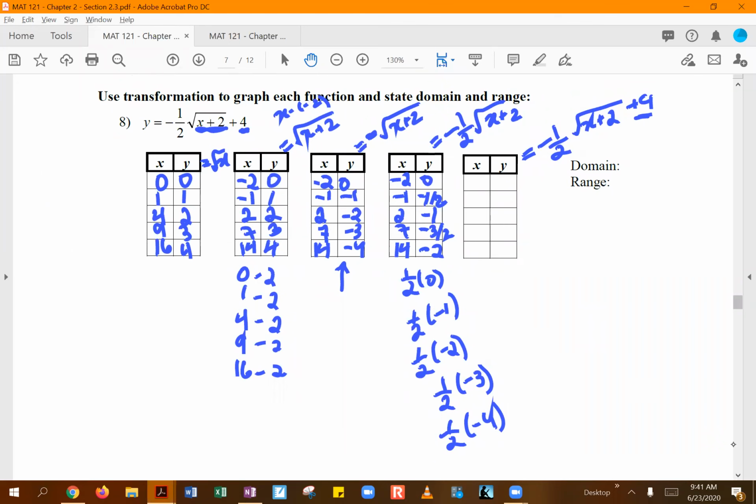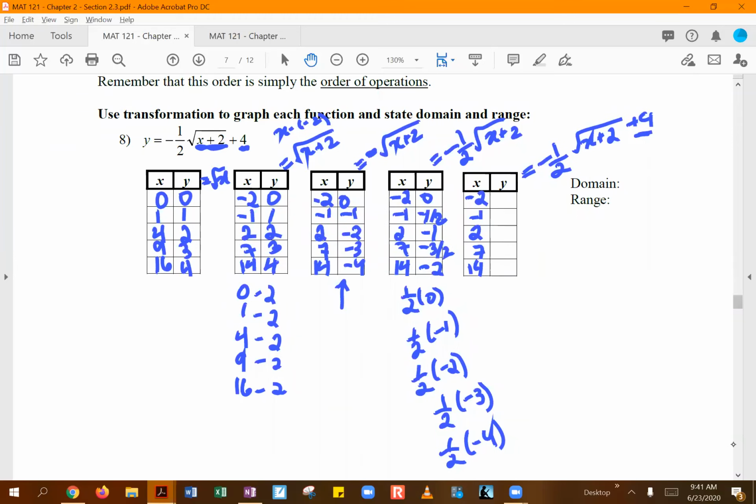So again, what's going to happen in this case is we are going to keep the same x values, because we're not moving our graph horizontally anymore. So keeping the same x values, but now to each of the y values that we have in our table, you are going to add 4 to all of them to get the y values for this very last